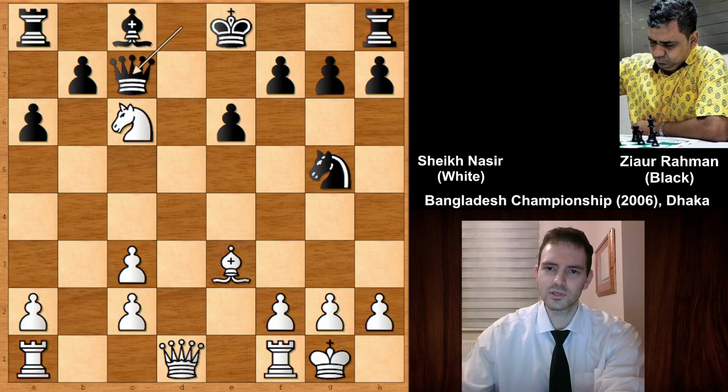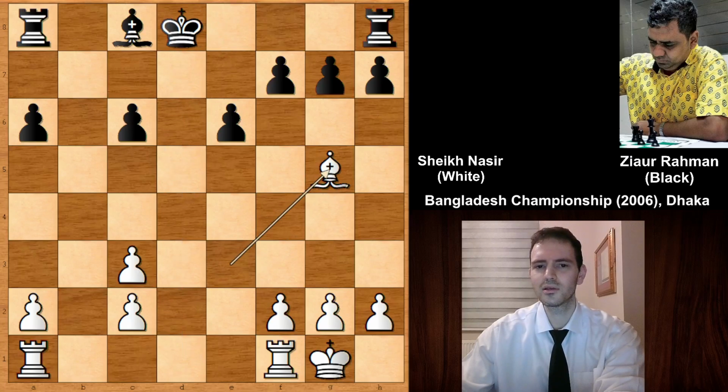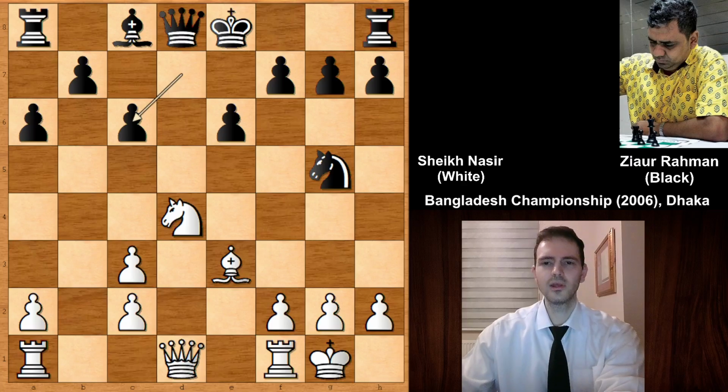So we have queen to c7. It is simple. If capturing the knight, then queen takes, king takes, and then bishop takes on g5. It's about equal. Both players have damaged pawn structure. But in the real chess game,